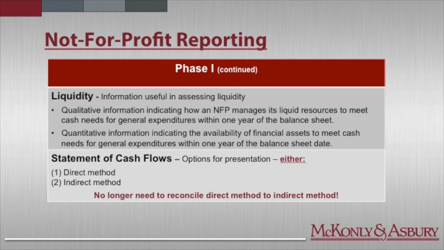And they want you to be looking out at least 1 year is what the standard is saying. You're not required to go beyond that, but certainly they say there are times when you may need or want to go beyond that. If you have debt or lines of credit coming due within, say, 13 months, you wouldn't be able to stop your disclosures and information at just the 12-month mark. And they will also want quantitative information indicating the availability of financial assets to meet those expenditures over the next year. So I'm certainly curious to see what a lot of those liquidity disclosures are going to look like,